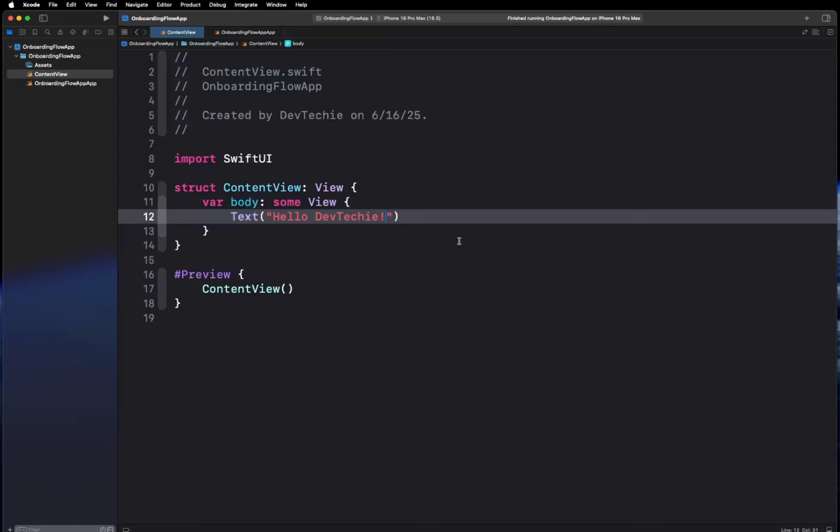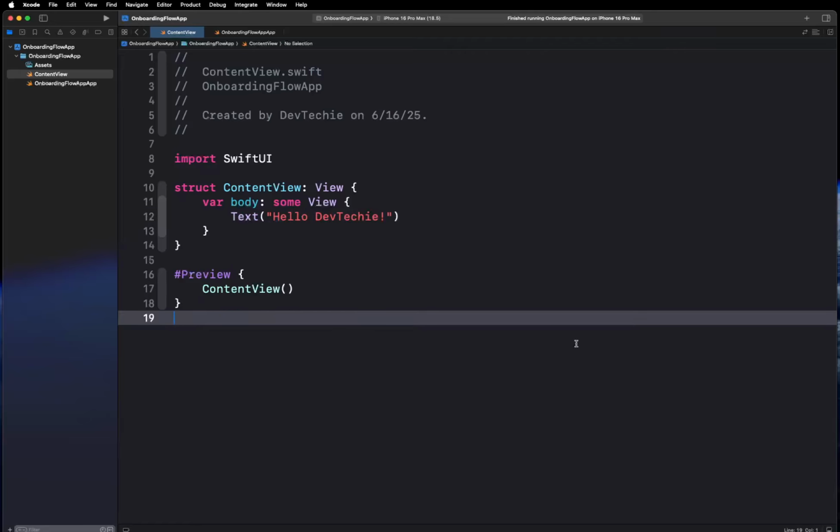Okay, so like I said, today we're going to be building this custom onboarding flow in SwiftUI from scratch. The onboarding screens, as you already know, are a key part of the first impression experience, guiding your users through your app's main features. Okay, so we'll begin with the onboarding step struct, which represents an onboarding step with associated